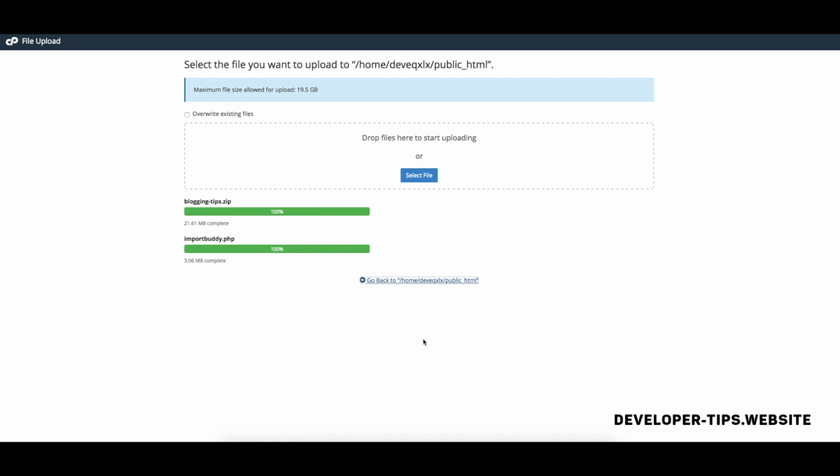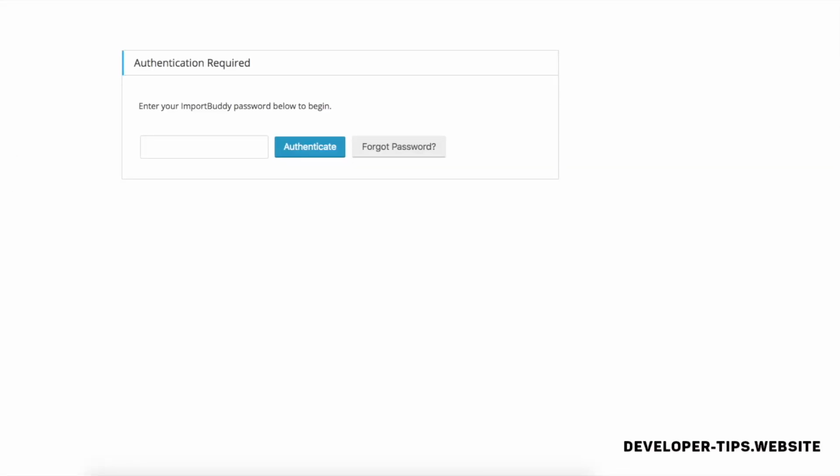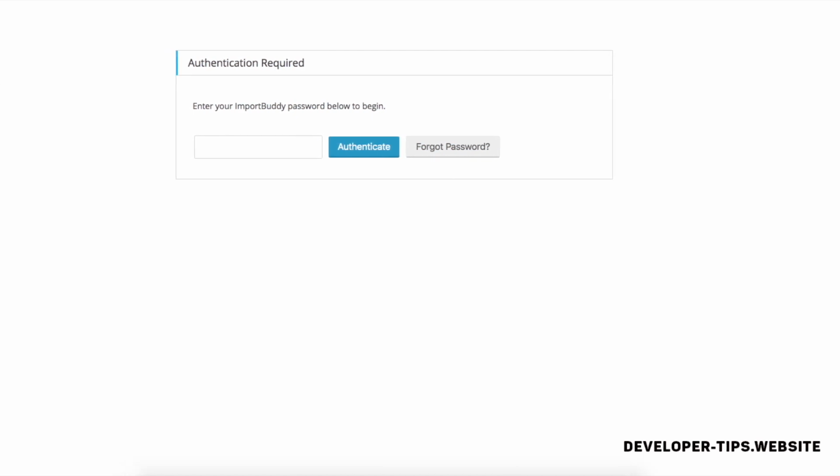We are now ready to install the scripts. Remember the database settings that you noted down earlier? Please get those information ready with you as we will need them soon. Head over to your web browser. Go to your website URL. For example, if your domain name is bloggingtips.com, enter